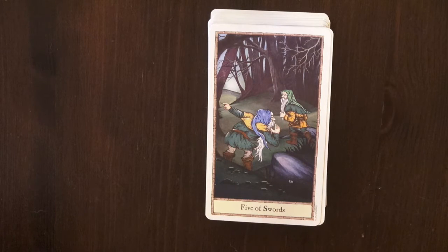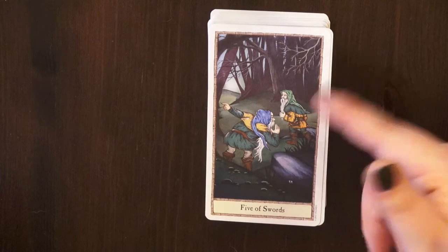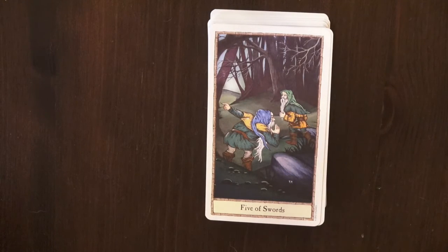After the battle, he is amazed at himself and realizes that there is indeed much more to himself than even he supposed. Sorry, but why not put Bilbo there, who is fighting? Because this is just two dwarves. Yeah, it's not very clear. And then the divinatory meaning for this card: the parting of the ways, hollow victory, giving up without a fight, acceptance of loss, feeling of failure. This card reminds us that the battle may not be lost yet. Better to pick up arms and keep fighting because the enemy is now laughing at our easy acceptance of defeat,